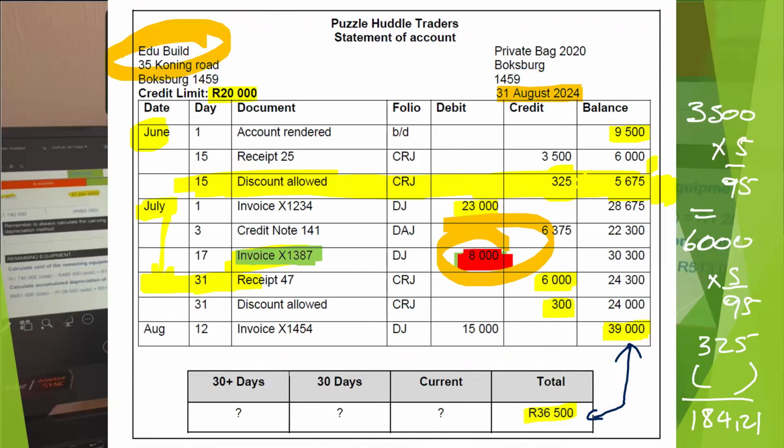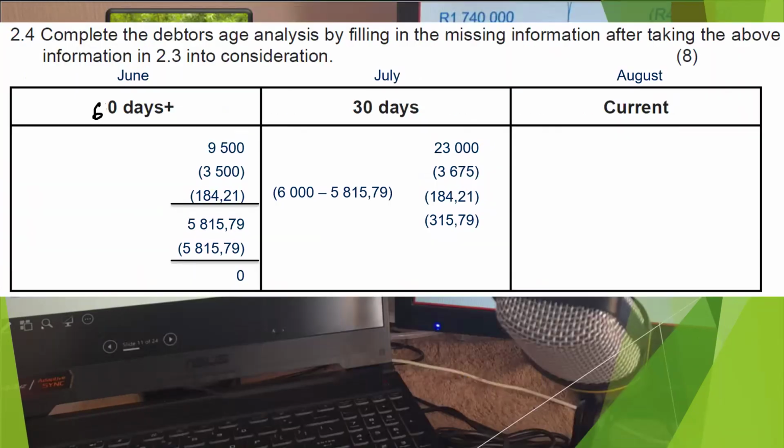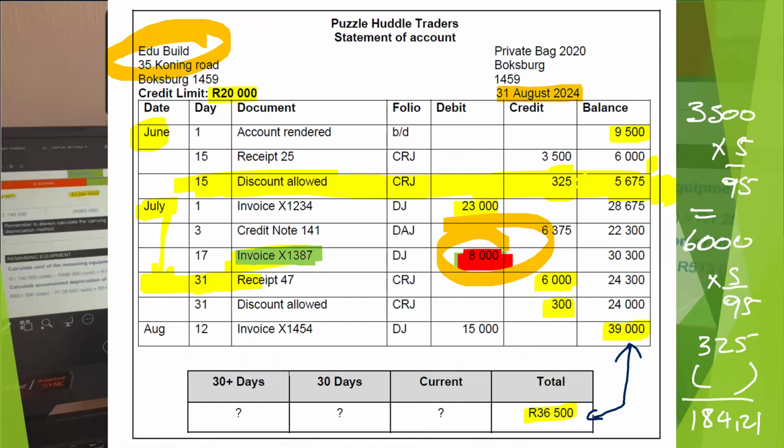We have 15,000. 15,000 will go to the month it was issued, which will be the current month of August. Balance of 30 days. When you balance off 30 days, you will get 18,825.01. What a tongue twister there. Now, to get the balance for the current month, guys, please note that they said the current month balance was supposed to be that 39,000, but according to the debtors age analysis, it's supposed to be